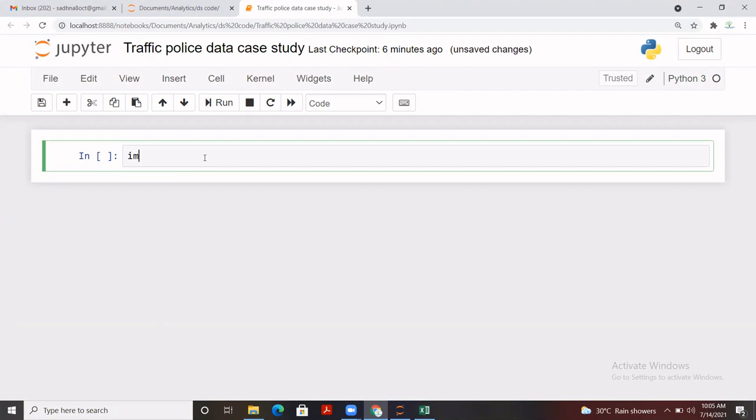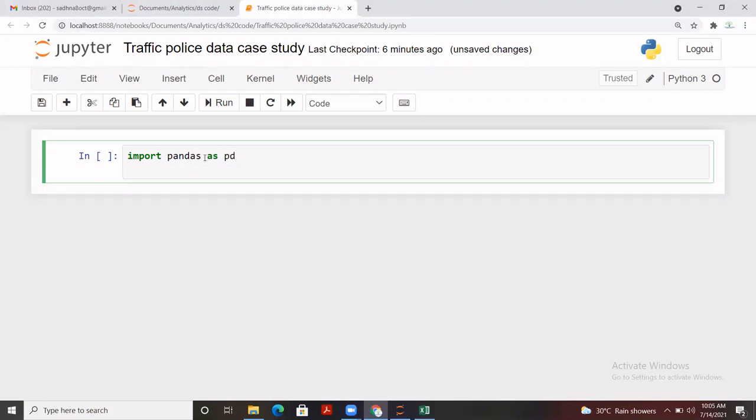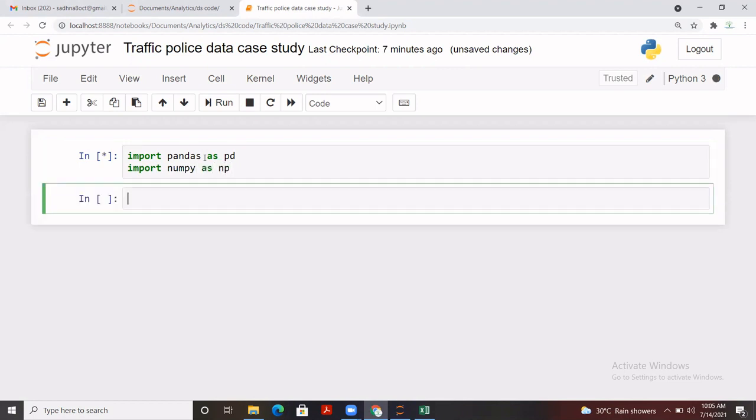First I have to import the required libraries. So that is import pandas as pd, and in case required, numpy as well. So let me import numpy too, and here it goes. The data frame name I'm giving is df only, and the data set is situated at this particular location.